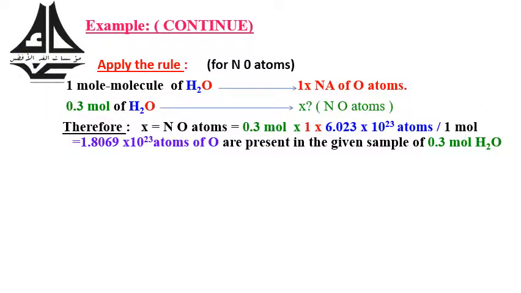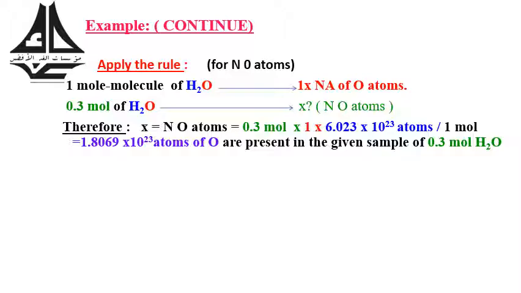Therefore, number of atoms of O, which is X to be found, equals 0.3 mole times 1 times 6.023 times 10 to the power 23 atoms, which is Na, Avogadro's number, over 1 mole. So we get 1.8069 times 10 to the power 23 atoms of O, which are present in this given sample of 0.3 mole